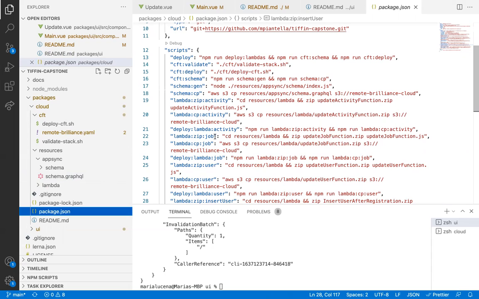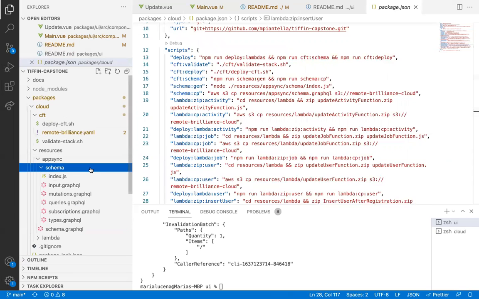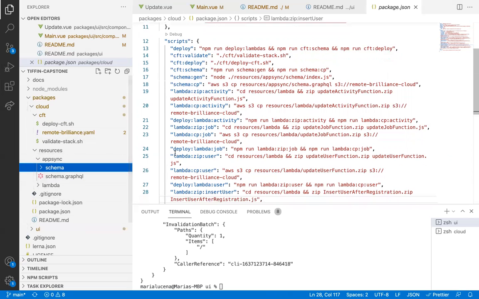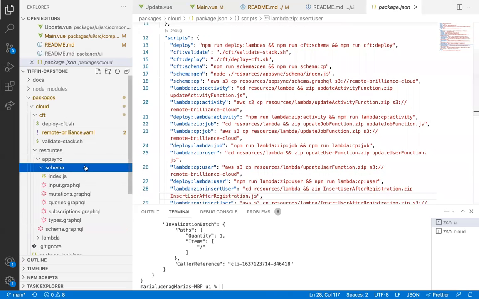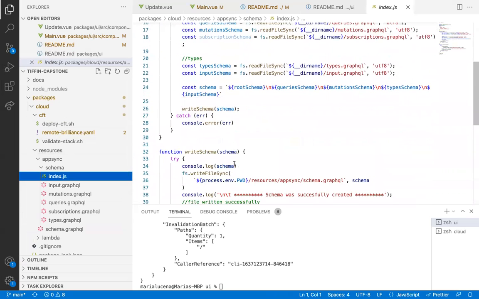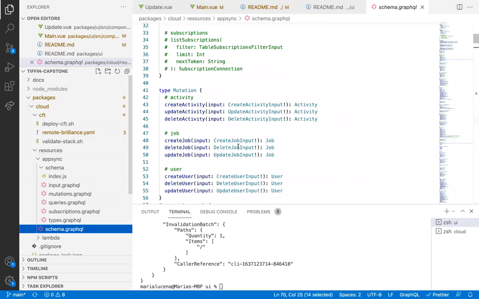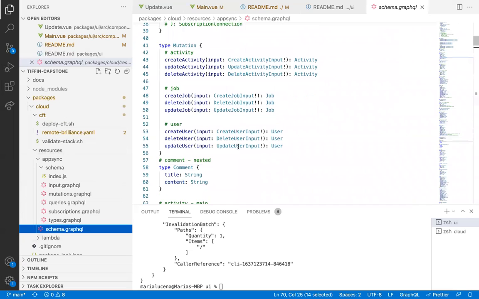And then as I built my scripts, what I needed to do to get the lambdas zipped, to get the schema build. This is not something that is out of the box. This is just my design for how I wanted to break out the schemas in a form that was easier for me to maintain. I have a little script that reads all of that schema, this index file right here, and then it creates a single file. And this then is picked up by CloudFormation and pushed to the cloud.